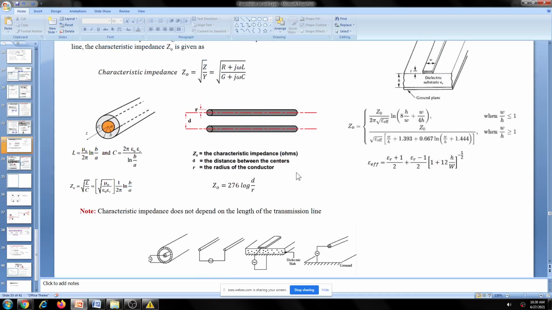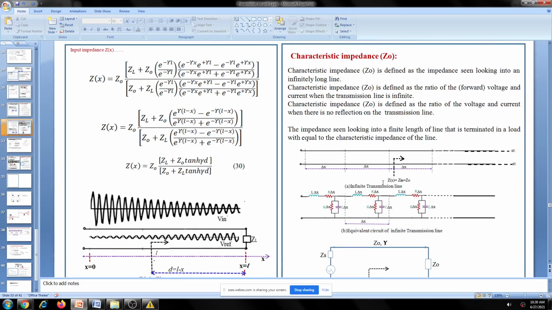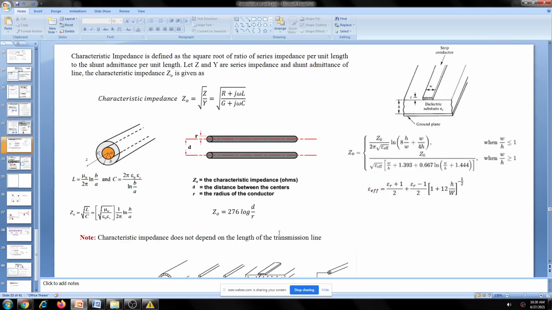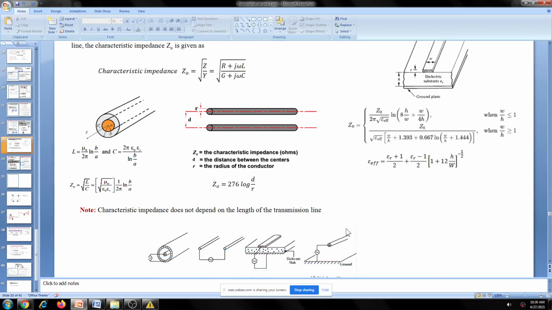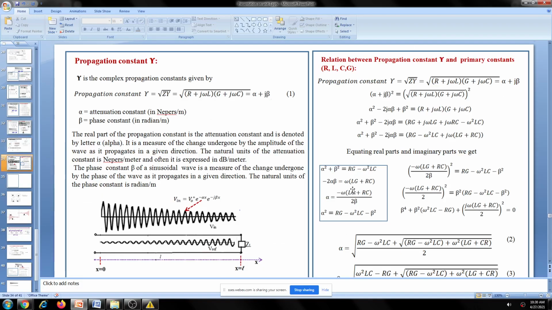So it is a unique property of a transmission line, characteristic impedance, and it's a very important parameter. For its significance you should say all these things: that if there is a mismatch, reflection takes place, and all those things, if they ask you to write the significance of the reflection coefficient. So this is about reflection and characteristic impedance.